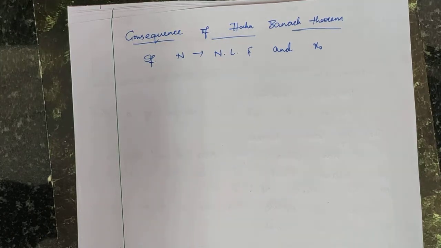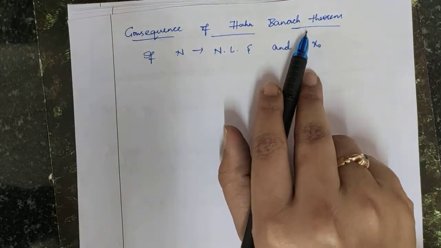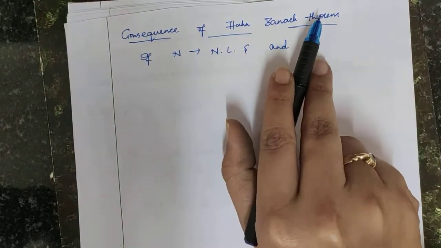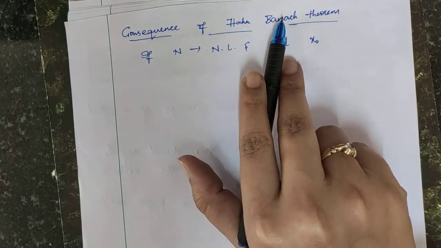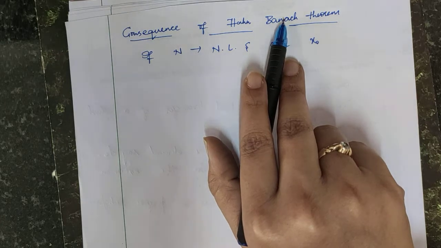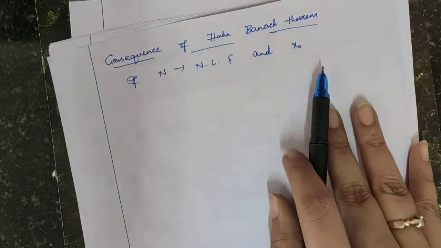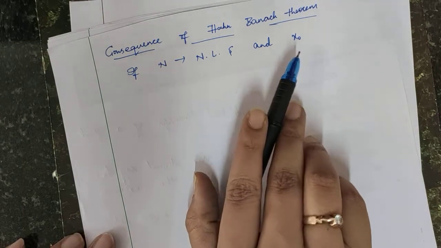Hello dear students, in this session let's start with the consequence of Hahn-Banach theorem. We have already seen the Hahn-Banach theorem in the previous sessions. So now, using this Hahn-Banach theorem, let's prove some of the theorems. The next theorem states that the statement goes like this: if N is a normed linear space and x0